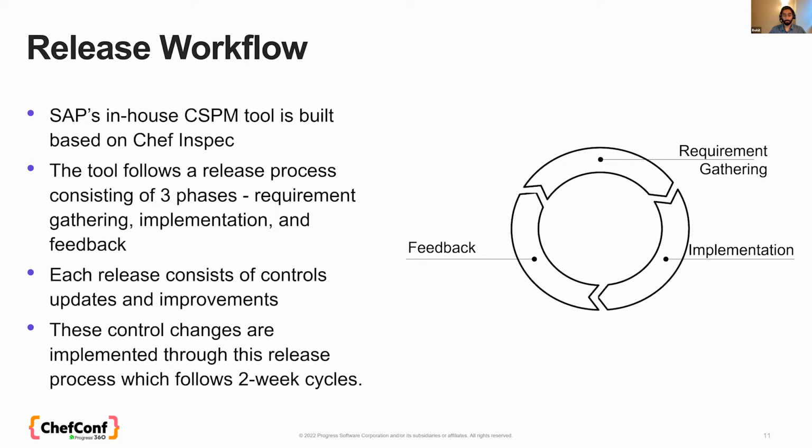But to stress on this part is we do these control changes very dynamically on a very rapid basis, depending on what the requirements are and what the feedback is, what the industry standard is. And we do this release cycle. We follow the release cycle typically of 2 weeks, and we pass on these control updates to production every 2 weeks. So now that we know what the overview of the release workflow looks like, let's jump into some details